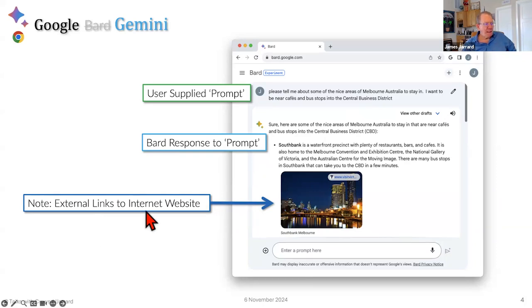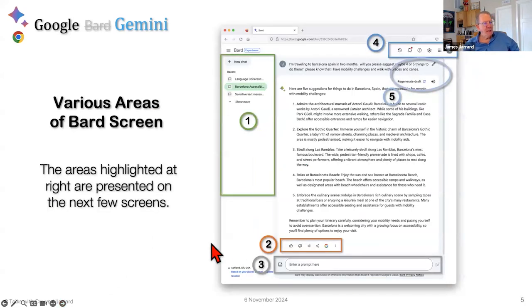And sometimes in Gemini, there are links to the external website where it got the material. There's another look at the very complex screen that Gemini will make available to you. This has changed a little bit up here, number 4. This has changed a little bit. We'll see it. This is the same.